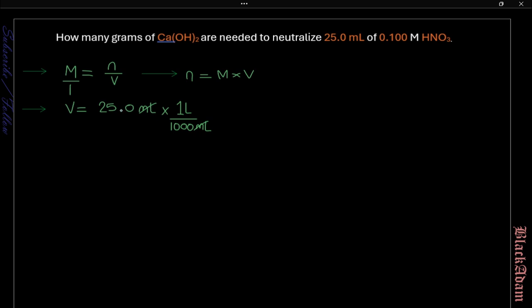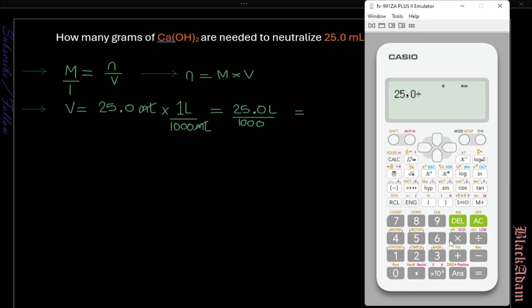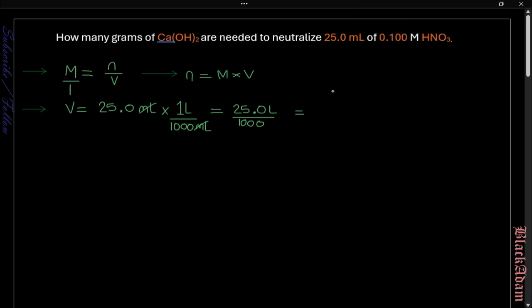So the mils cancel, we're just converting milliliter to liter, so that's 25.0 liter divided by 1000. So 25 divided by 1000 gives us 0.025